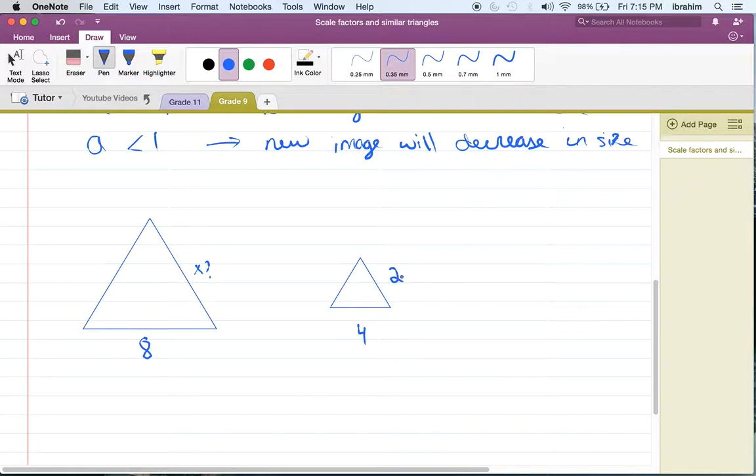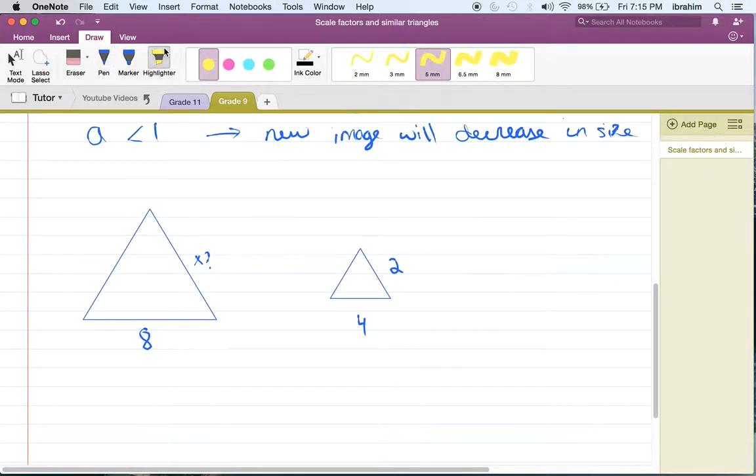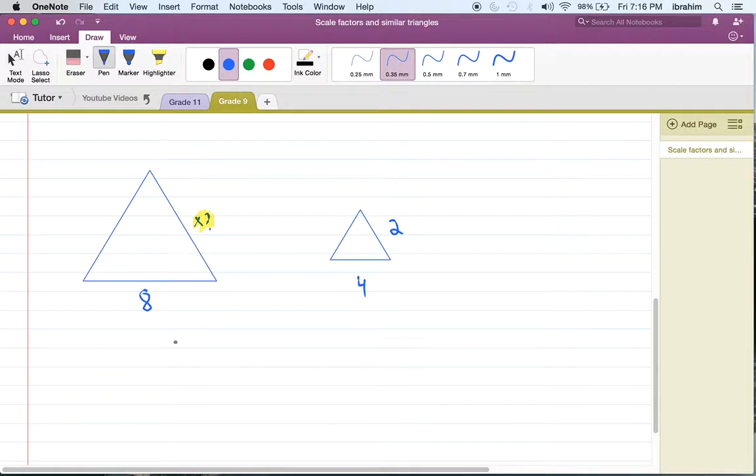Now, in order for me to solve for my unknown length, all I need to do is follow this process. I'm going to start off with my unknown variable, which is x, and I'm going to divide it by the corresponding side of the other triangle. The corresponding one to the x is this 2. So I'm going to divide this side by 2, and then I'm going to make it equal to